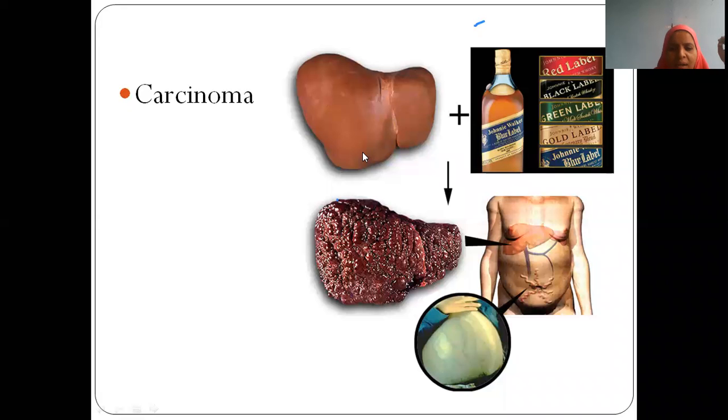Okay. So in the long run, with alcoholism, we keep telling patients not to take alcohol, but despite that, if they continue, it may lead to liver cancer also. After cirrhosis, basically liver has enormous power of regeneration. Even if only a small part of the liver is healthy, if the person stops alcohol, that small healthy part of the liver will regenerate the whole liver. So such great regeneration capacity the liver has.